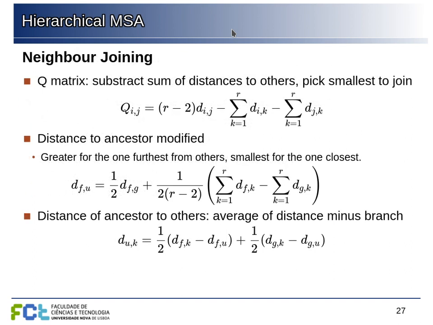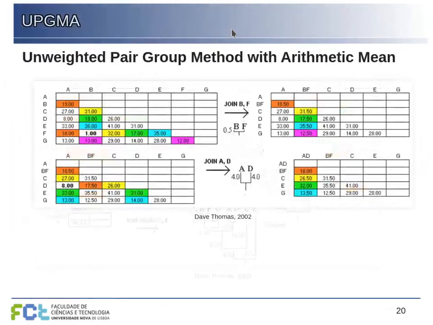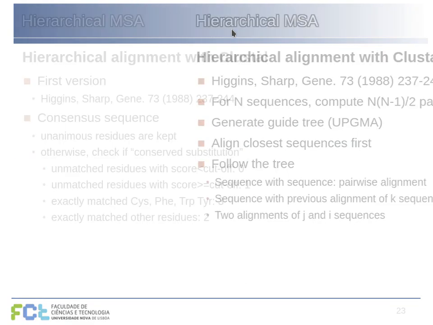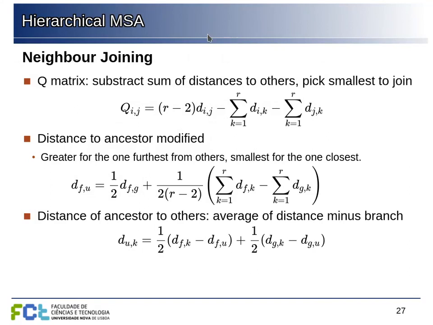So in this case, neighbor joining works similarly to UPGMA. We are also doing this same algorithm here, following step by step between the closest ones, joining them together and so on. But there is a difference. Instead of using the distances just as they are, what neighbor joining does is create this Q matrix that has, between sequence I and J, the distance between I and J, but then adjusted by the sum of the distances between I and all other sequences, and between J and all other sequences.